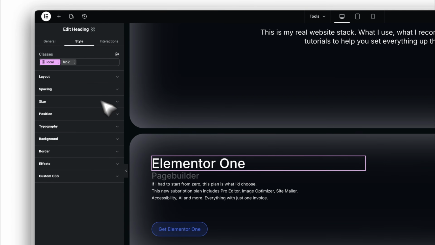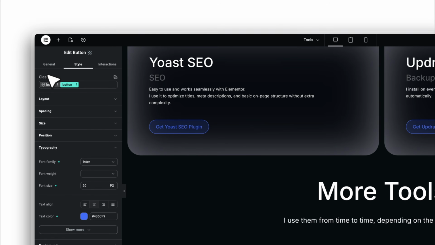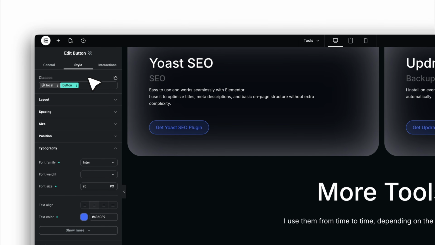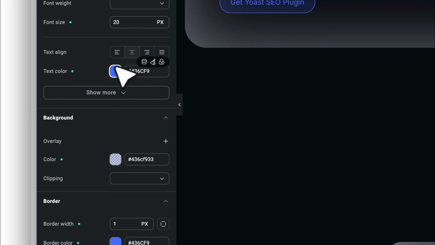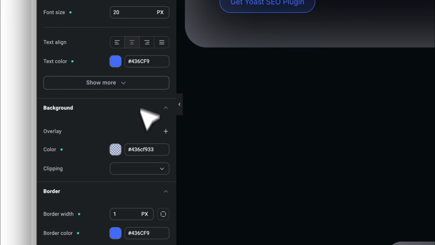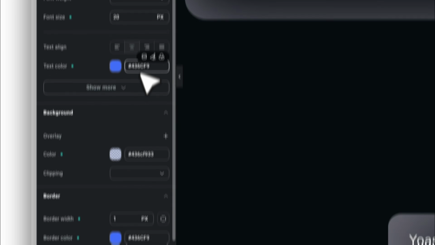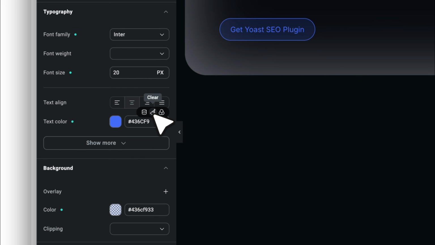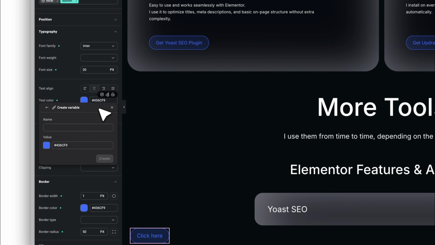And this leads us to the first big Atomic Editor concept, variables. Variables are basically reusable design values. The most common example, colors. Let's say we define a primary color. Instead of manually typing the color everywhere, we create a variable. Now that color can be reused across the entire website. Buttons, links, backgrounds. And if we ever change that variable, everything updates automatically. So to create a variable, just click this icon here, hit the plus button, type a name, press enter, and